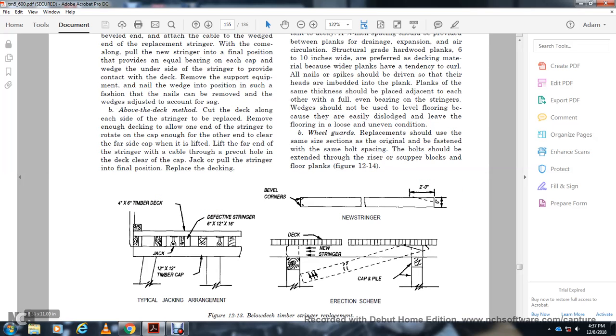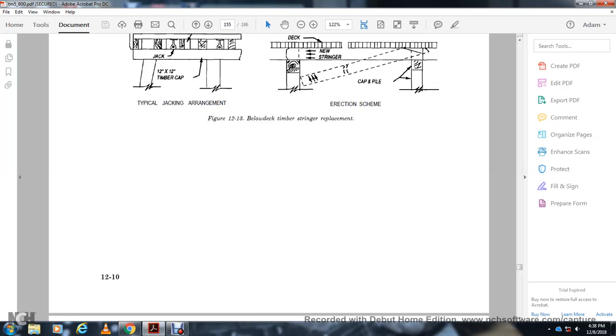14. Below deck timber stringer replacement, typical jacking arrangement, timber cap, 12 by 12 foot by 12 foot, 4 6 by 4 inches by 6 inch timber deck, effective stringers 6 by inches by 12 inches by 6, the jack, bevel corners 2 foot and new stringer cap pile, new stringer deck and erection scheme, and then you'd have your